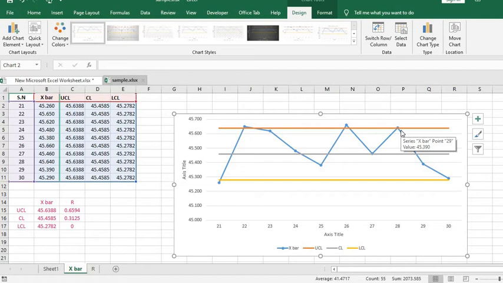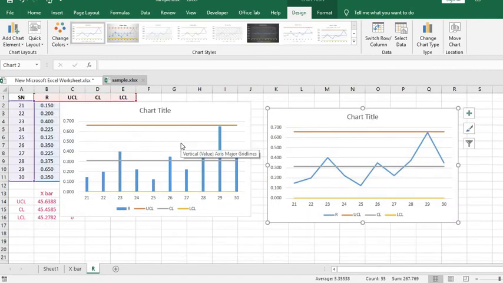This shows that the process is statistically out of control, which we can see with the help of these curves. With the help of the R chart, we can see that all the samples are within the upper and lower control limits.